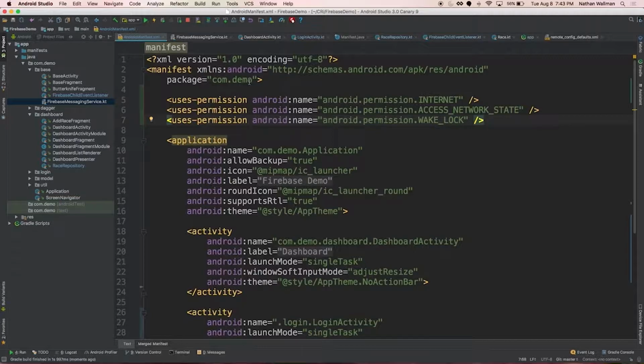Why do you not have to use internet? Oh, it probably uses a different process. Because it might send it to the Google Play process or whatever. It is using Google Play services because I noticed I had to add that dependency, so that may be an answer to that.